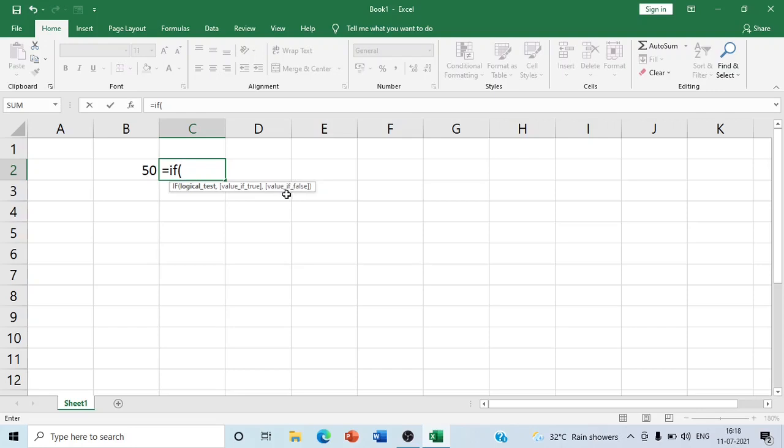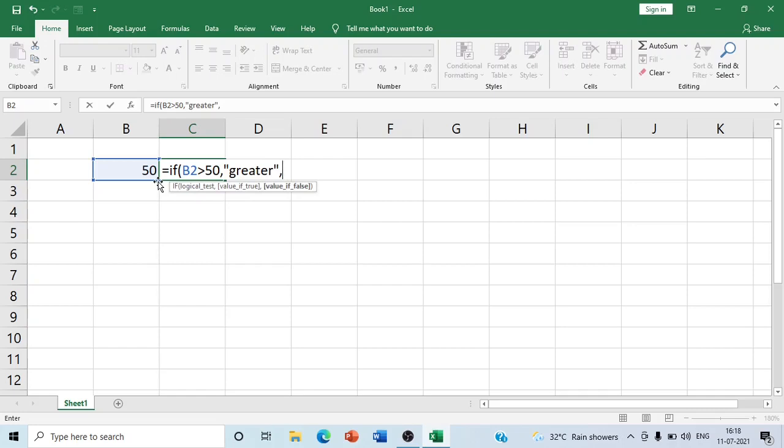So we will write here B2 greater than 50. We will select the cell and write greater than, then we use 50. If the B2 cell has a value greater than 50, then it will return true, so we write true.